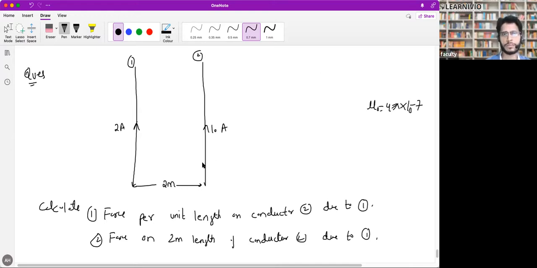Okay, I got an answer from Noor. Okay, Noor, we will check. You're calculating force on this conductor? Yes, sir. So what is the unit of the force? Newton per... in the first part, you're not calculating force, you're calculating force per unit length. So that's Newton per meter. In the second part, you're calculating force, so it would be Newton. Till now, I got just an answer from Noor. What about the rest? Ahmed, Mariam?